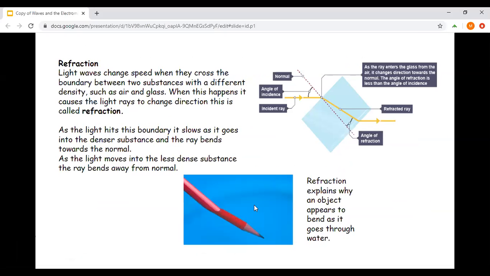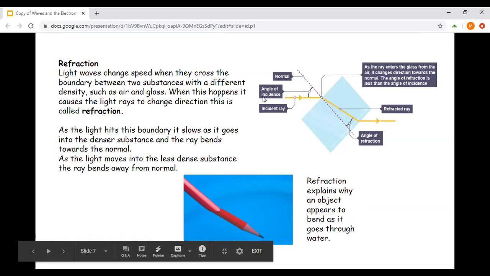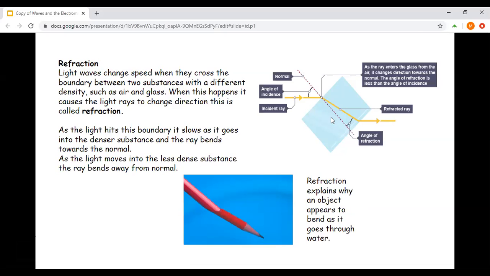Now, as I mentioned, refraction is where the light waves are bent, and it is caused due to the change of speed when they cross the boundary between two substances. As I mentioned earlier, an example of this is air and glass. You can see it if you use one of the ray boxes at school, and you could carry this out at home if you get a torch, cut a slit through a thick piece of card, and shine it into a glass block if you've got one, and you will be able to